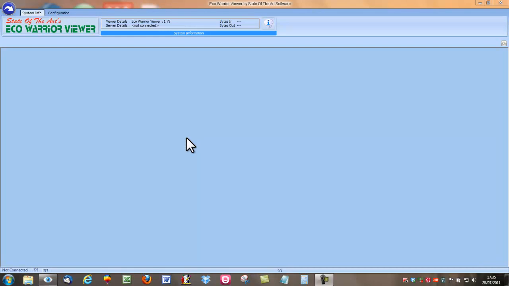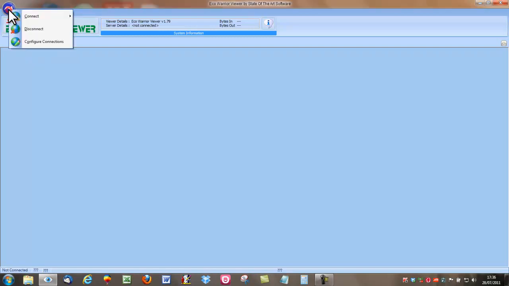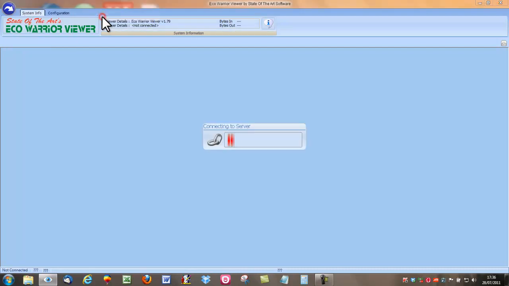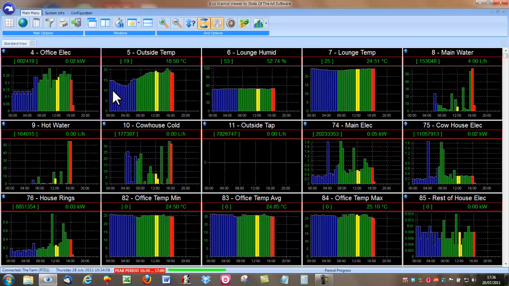How our foyer display and viewer works, and rather than actually just show you a pre-done screen, I'm just going to show you how easy it is to do it all yourself. So first of all, I'm just going to connect to my colleague Jamie's farm, which has some unusual meters in there, like cow house and various other bits and pieces, but for the purposes of this demonstration it should be